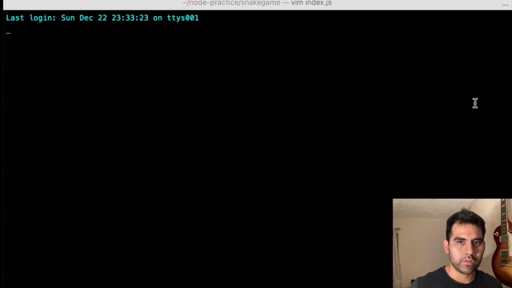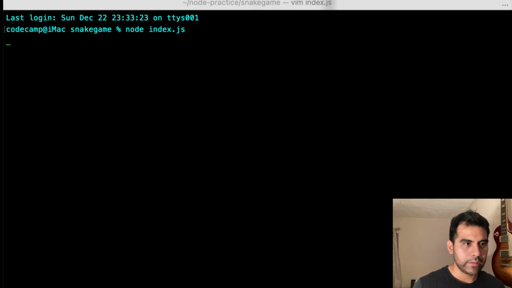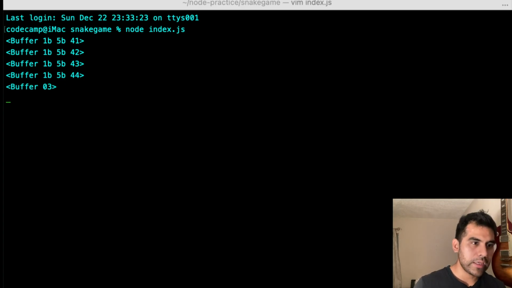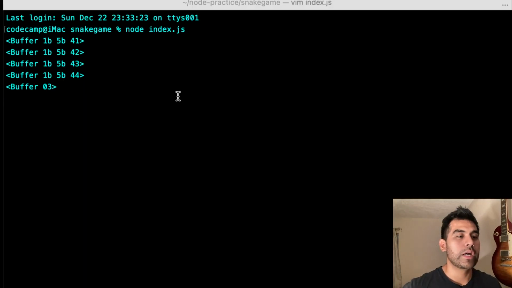Command tab. Okay, so when I run that and it spits out some buffers, the up key is buffer 1B5B41, 1B5B42 for down arrow, right arrow is 43, and left arrow is 44. And now when I press Control C, it gives me this buffer of 03. So I have to use that buffer 03